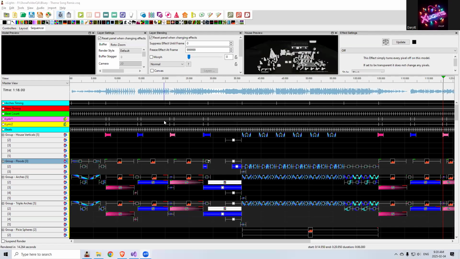Render cache. Do we still need it anymore? First of all, let's recap a little bit about what the render cache is for and what it does. This is from my interpretations of it. It may not be 100% correct, but the idea is when you have a sequence in here, you hit the render button. It will render all of these effects and basically translate the effect into what data needs to be